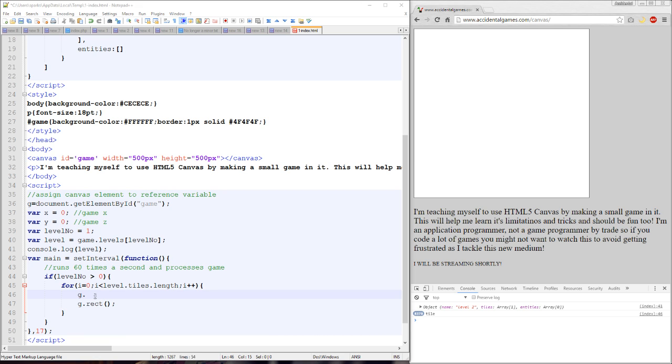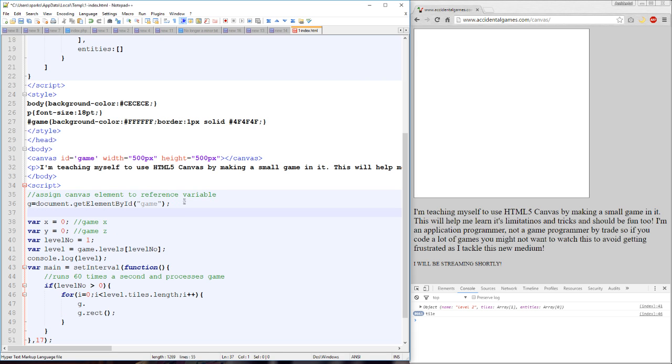Apparently we also have to give it context. We need to go G equals G dot get context 2D. Apparently. Go with that, which I'm guessing tells it it's a 2D canvas. I don't know. Get context 2D. Okay. And then we draw the rectangle by doing G rect, and then we want the